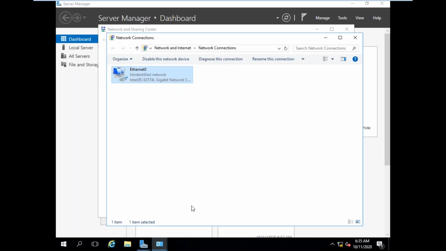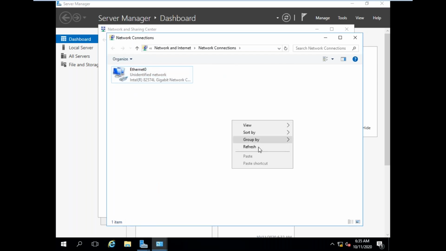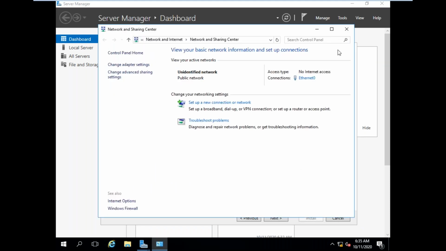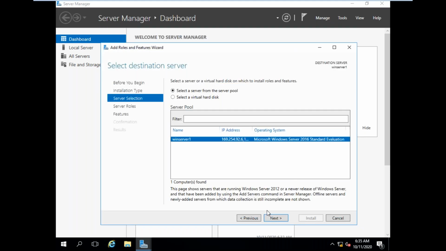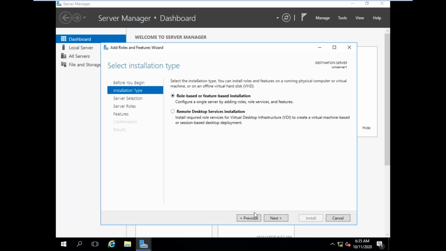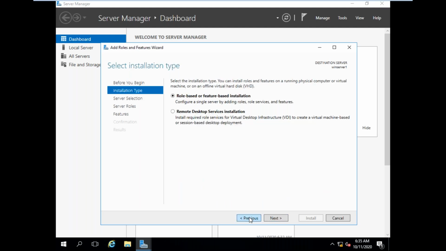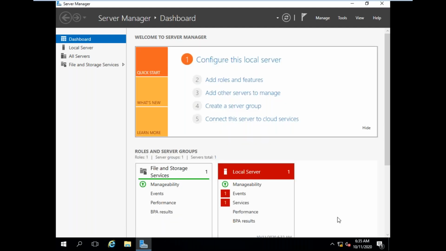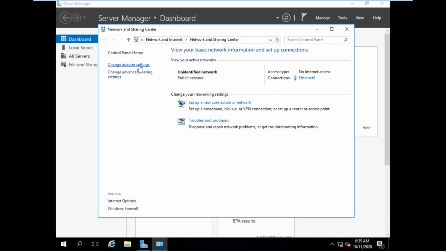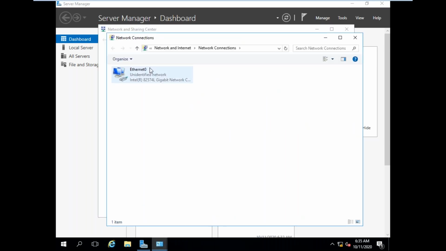Click on OK. Refresh. Now go back to the previous step, role based. Again, we are going to start. Adapter settings.